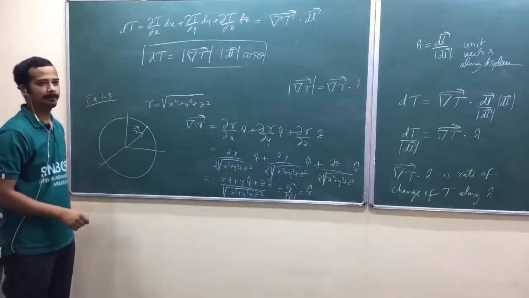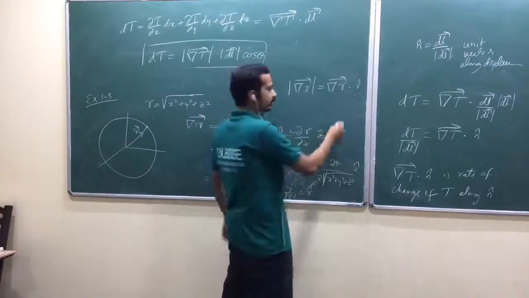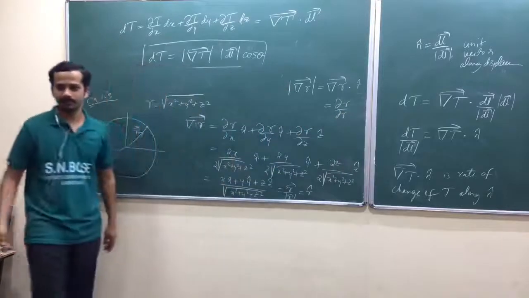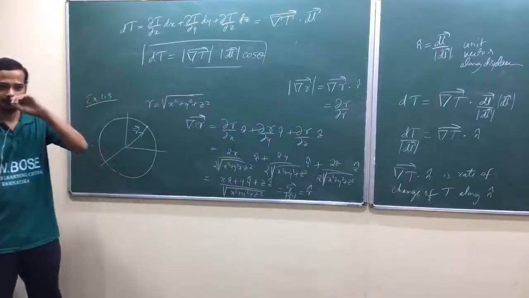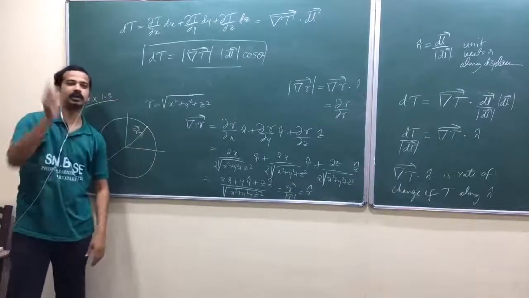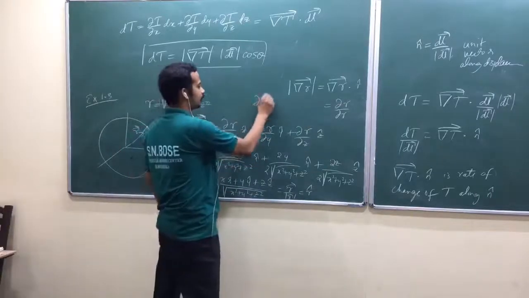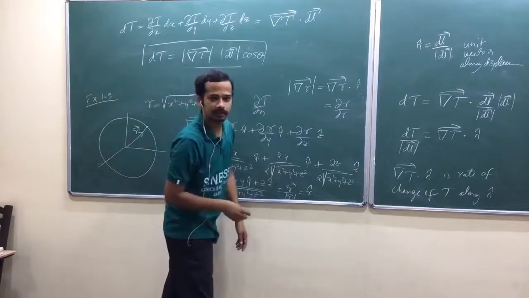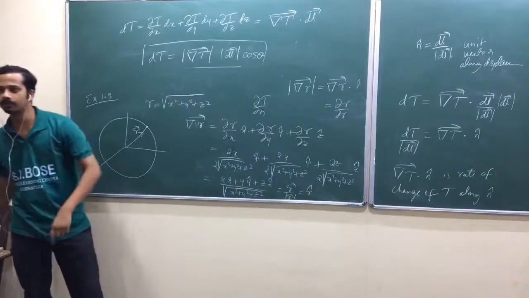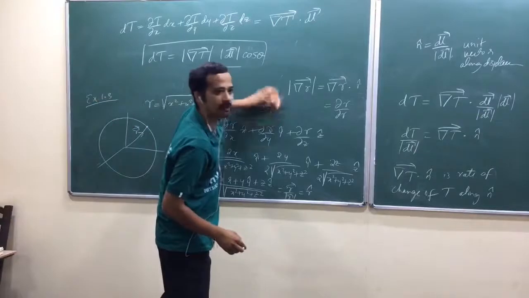Now, if you write this one in spherical polar coordinates, actually, let me write it in the next class. You will get dou r by dou r. What is that one? 1. Are you getting my point? Rate of change of radial vector along the radial vector direction is 1 actually. Earlier I used to write dou t by dou n, do you remember? Along n cap direction. Now you have to write dou r by dou r along r cap direction. Obviously that would be 1. Rate of change, that will be 1.